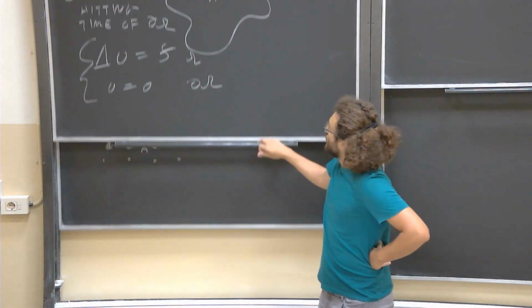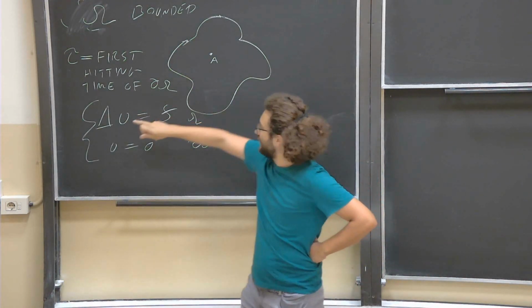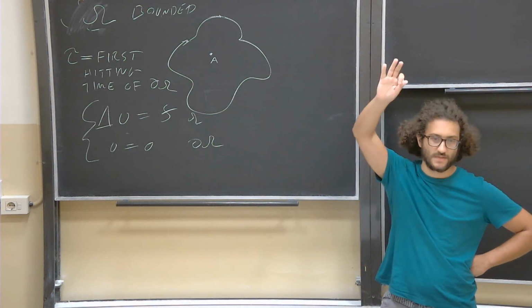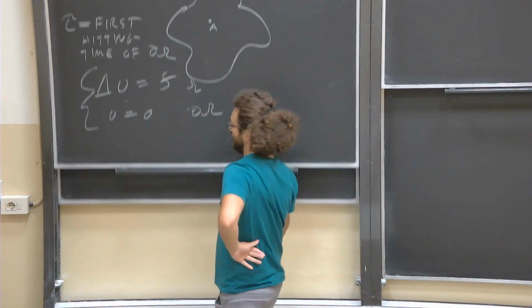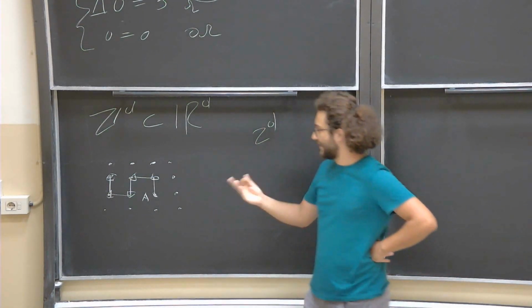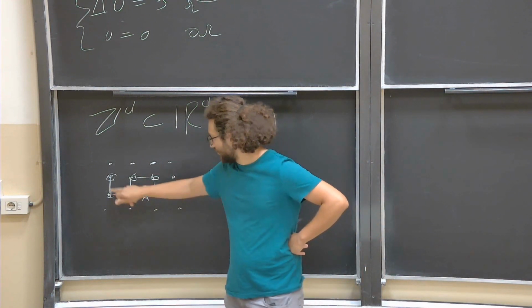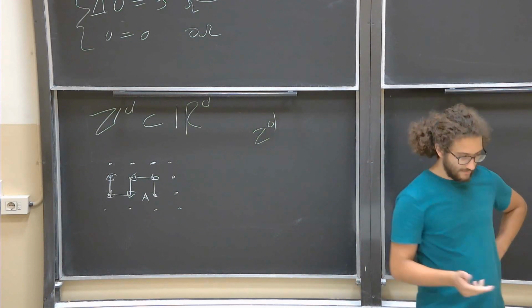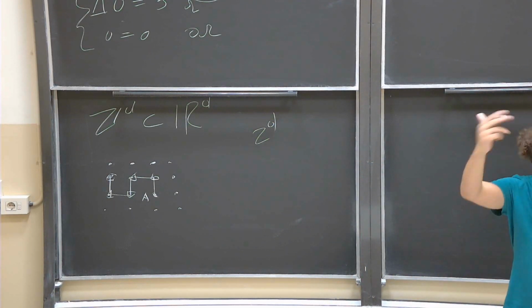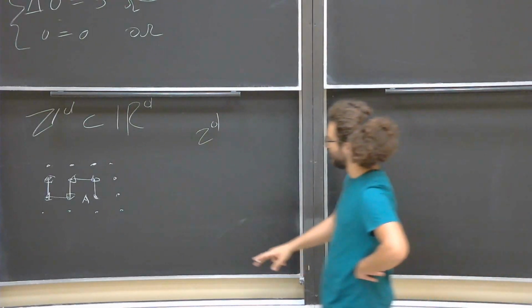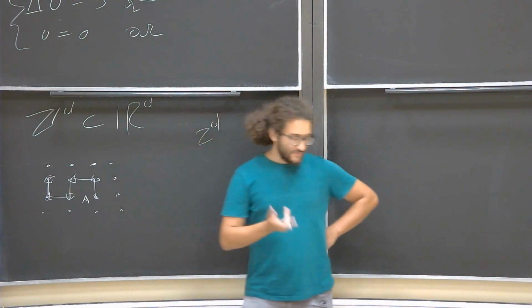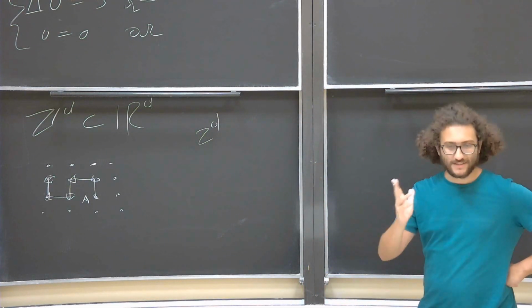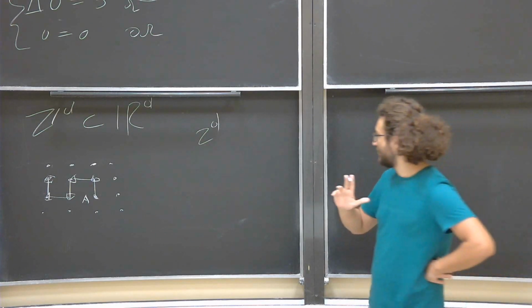The question we want to ask is the following. In this context, we want to know if the particle, after it has left our domain, will ever come back to the domain, or if it will, in some sense, escape to infinity. So in this discrete version, will the particle ever return to the point A? Will it return maybe with probability 1, so an infinite amount of times, or only finitely many times, and then it will get lost? These kinds of questions are often counterintuitive, and I don't even really know which is the right intuition to have, or what really is intuitive in this context.